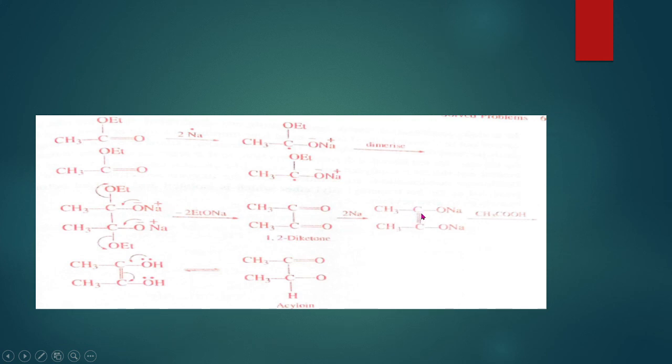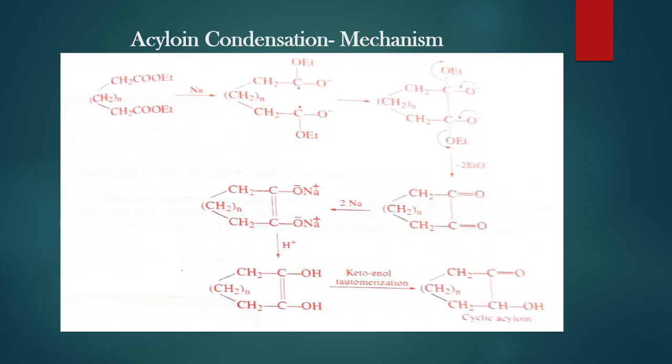That is, this will form CH3CONa, that is C double bond C CH3ONa, and in the presence of an acid, hydrolysis will take place, and on hydrolysis it will give the acyloin product. And the modified version of the reaction can be used for the cyclization reaction, leading to small, medium or large rings, as well as the intermolecular coupling reaction. And usually this reaction proceeds in this manner in the case of cyclic acyloins.